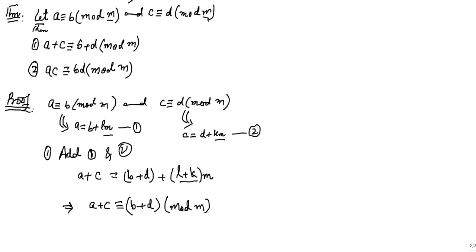Because this l plus k could be replaced by any integer, for example t, you can apply the first result here to get a plus c congruent to b plus d modulo m. Okay. The next result,